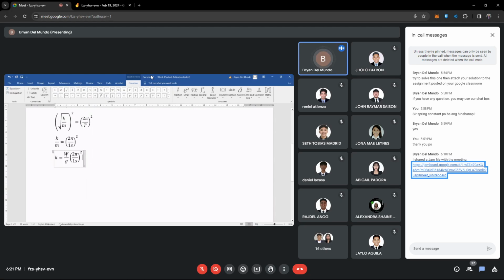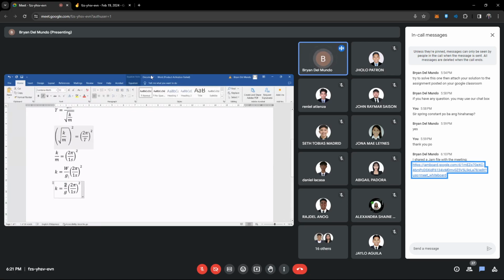So the next one is, let's try to substitute yung value ng ating weight, which is 200 pounds. And then value of g is 32.2 feet per second squared. And then we can get the value of k as